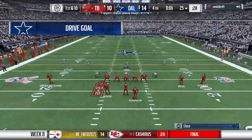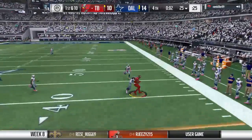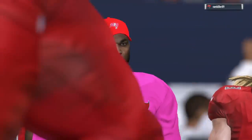But also, you can't allow the quarterback as much time as he wants to set up and throw it. Maybe you bring a little extra pressure to make sure he gets rid of it quicker. A little bit of a cat and mouse game. We'll see if they bring that pressure. Well, going into the final play of this game, they knew that they needed...